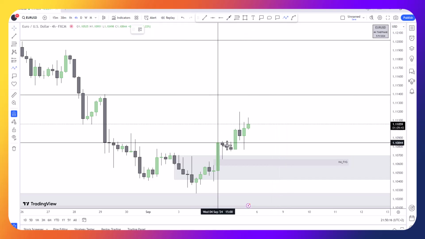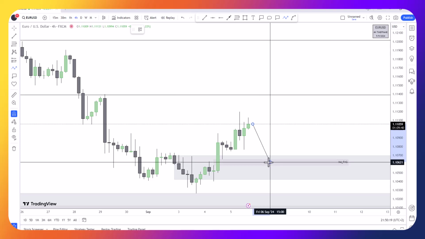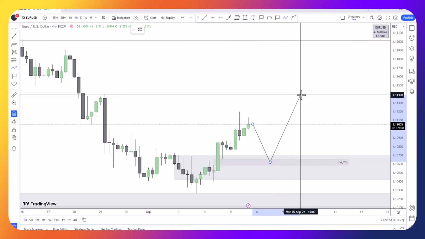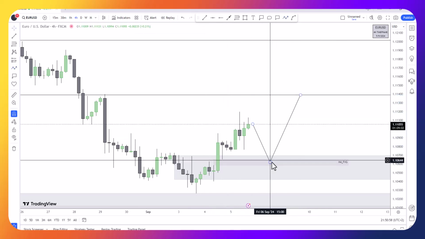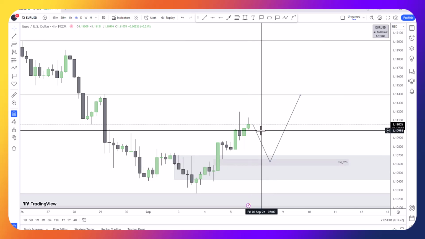Now what you'd want to see, if price drops into this level, right? The moment price is in that level, that's when you jump onto the calendar. You have to be in a position to see what's happening in terms of fundamentals. For instance, let's say tomorrow is now a bit closer. If NFP comes out, right, we approach half past 2 and price is inside this fair value gap, chances of a negative NFP will be very high, so that there's a catalyst to move price to the upside, you see. So you jump onto the calendar and see if there are any upcoming fundamentals,